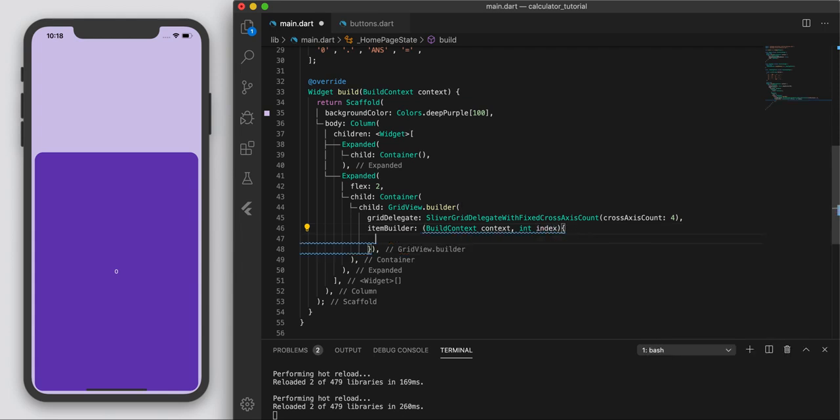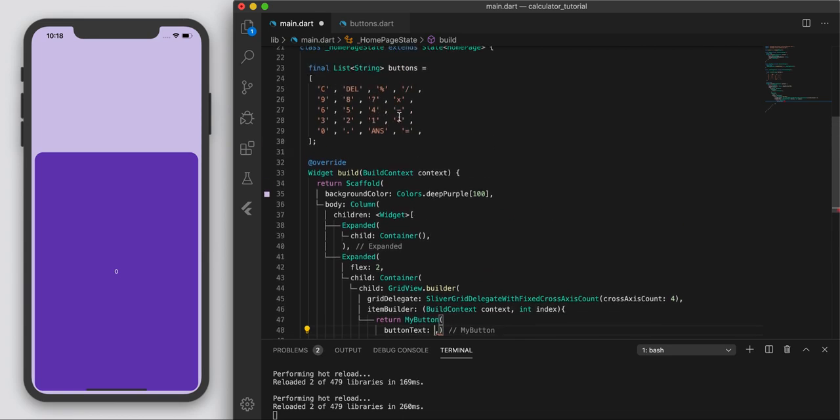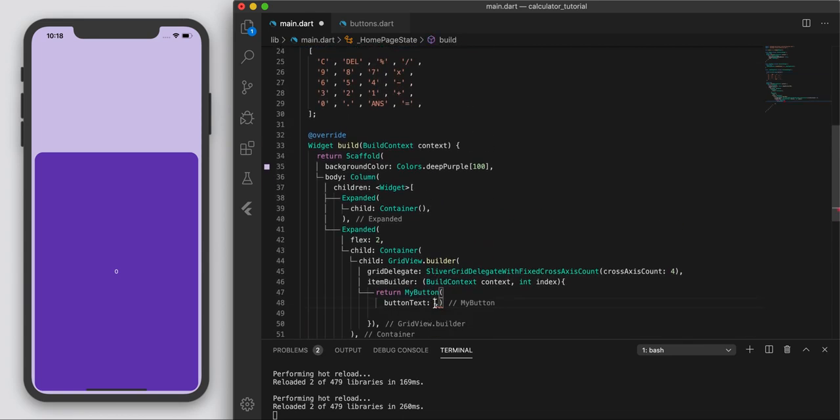Okay, so build context with an index. So we're going to return the button here. Button text. In here, let's say, this is where we're going to cycle through the list of buttons. So I'm going to say buttons index. Okay, so the index here is going to cycle from 0 to however many buttons we're going to build,